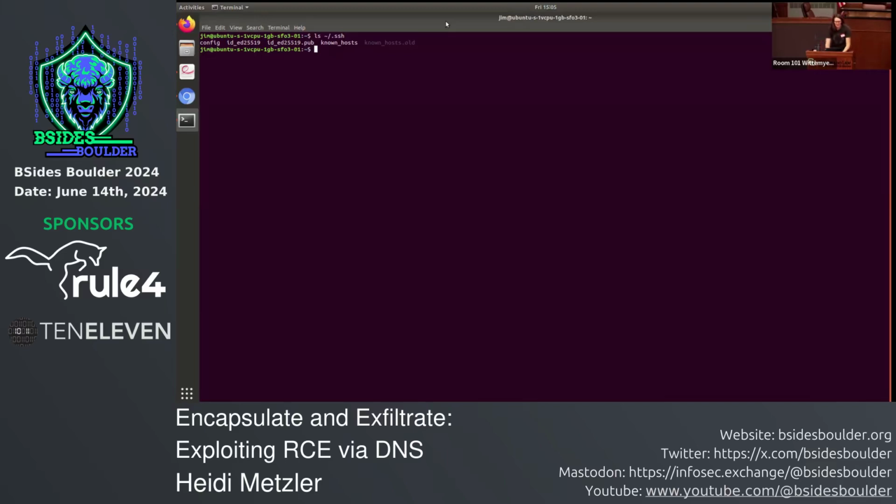What we want to see is, if we're an attacker and we can steal this private key, and we know that this user can access some other servers, then we can just nab that private key and use it to access anything they might be able to access. The problem that one might have here